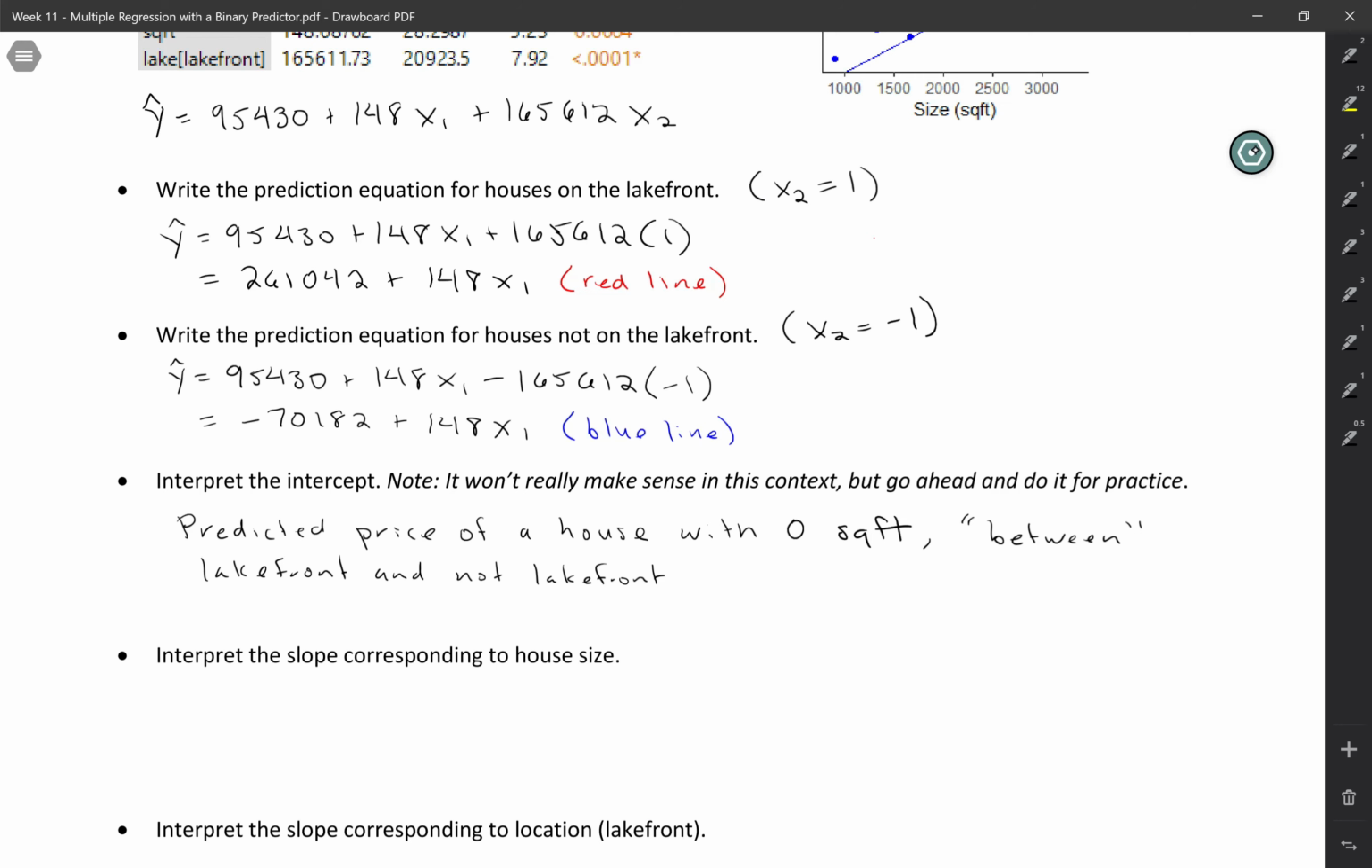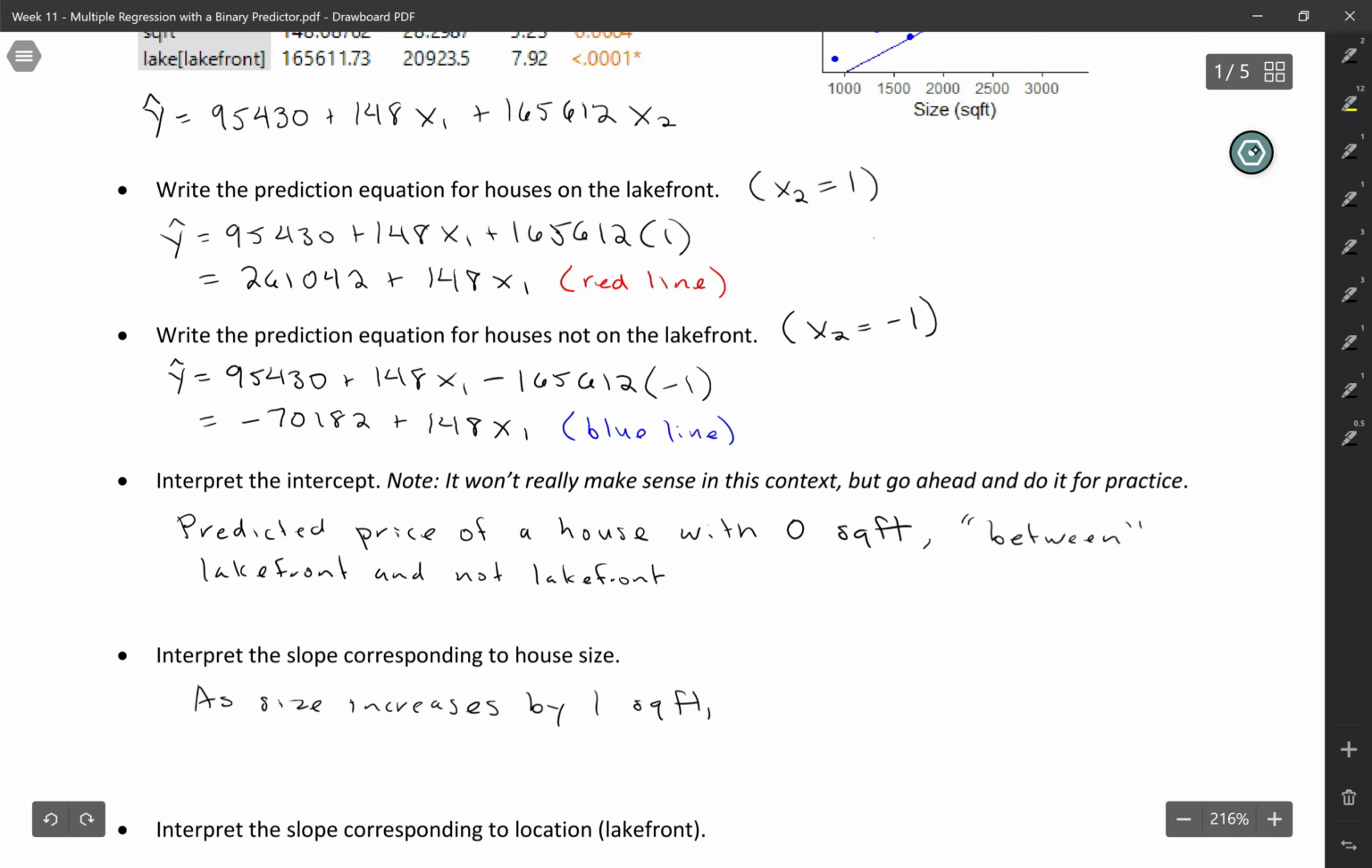Now let's interpret the slope corresponding to house size. So this is going to be very similar to what we did for simple regression. So in simple regression, we said it was the predicted change in y for a 1 unit increase in x. So we would say as the size of the house increases by 1 unit, which in this case would be 1 square foot,